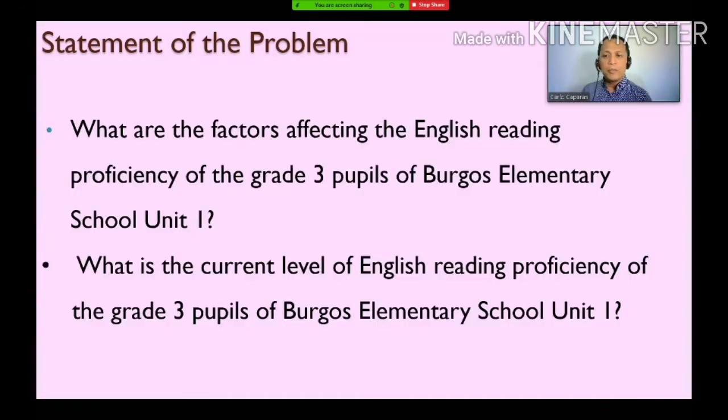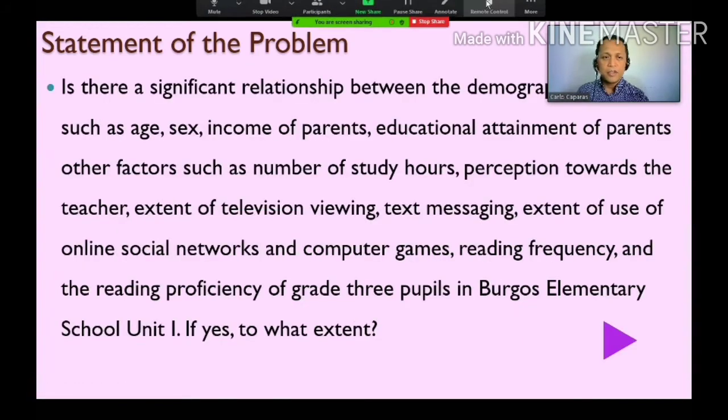For the statement of the problem, question number 1, what are the factors affecting the English reading proficiency of grade 3 pupils of Burgos Elementary School Unit 1? The second question would be, what is the current level of English reading proficiency of grade 3 pupils of Burgos Elementary School Unit 1? For the last question,